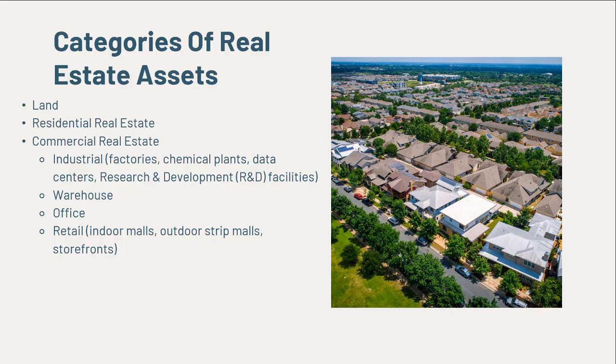It's consolidating. Okay. Outdoor strip malls. This is where you would find a Ross or a TJ Maxx or those types of stores, where it's outdoors and you walk between them. Even a Safeway shopping center: the Safeway is going to be there, and then it's going to have a bunch of other businesses around. So that's outdoor strip retail. And then you have standalone storefronts, where you'll have maybe three small businesses right next to each other off of a main road. So these are all considered retail property.